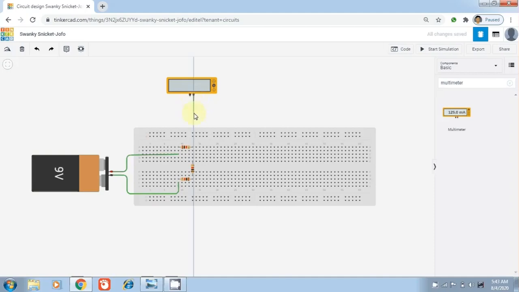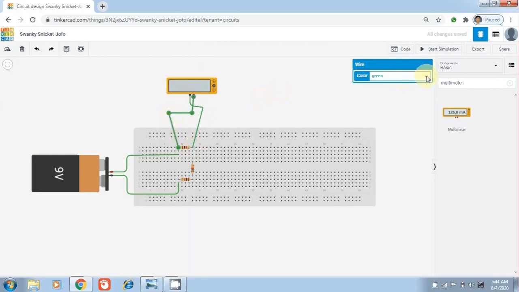So we connect the positive terminal of the voltmeter to the first terminal of the resistance and the negative terminal of the multimeter to the other side.